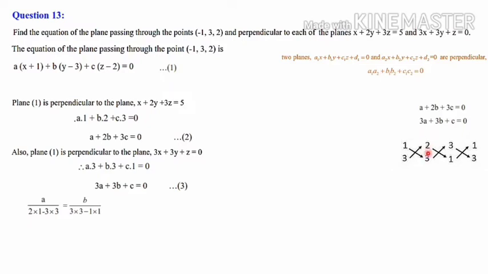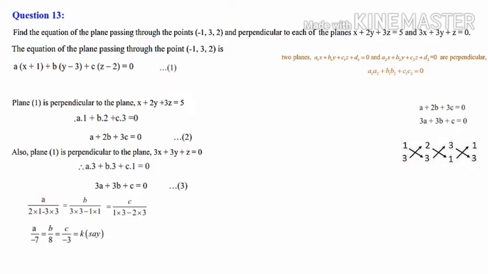Second variable means this one, B is eliminated, and here these two we have to take. 3 into 3 minus 1 into 1, that is written here, equal to C divided by 1 into 3. C divided by, C means this one we have to eliminate, then we can take these two. So 1 into 3 minus 2 into 3, that is written. Then we can go for calculation.